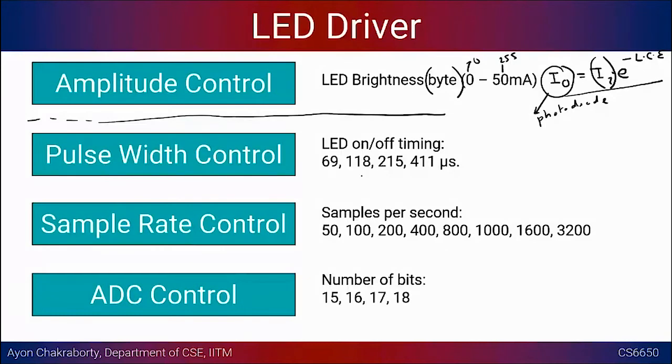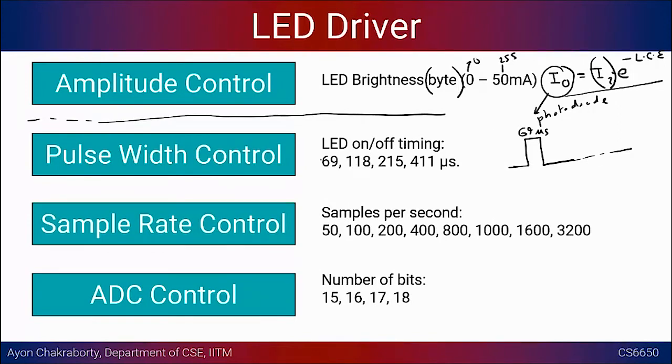And you can have several configurations. This particular chip gives you several on and off timings. On means how much time it will be turned on, and the rest of it is off. If you look at the manual, you will see that 69 microseconds can be configured for it to be turned on, then turned off, and again after some time turned on. I'm not going to go into the exact details about the off timing, but this is also mentioned.